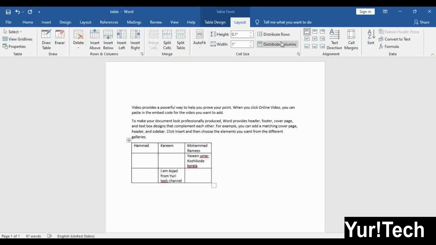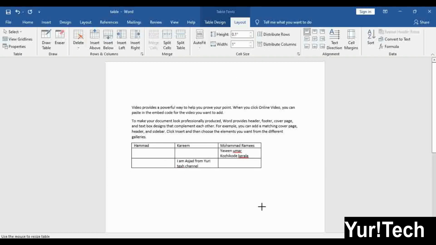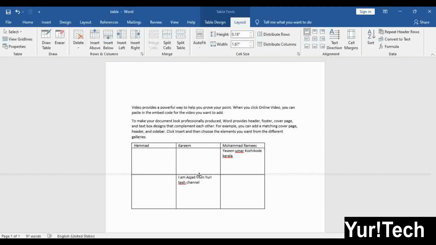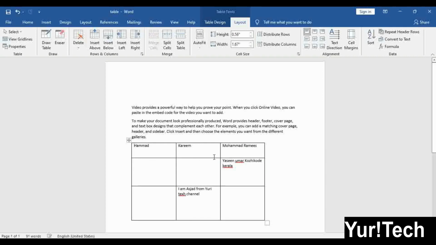Next comes distribute rows and distribute columns. I have something like this. Now you can see our rows are not equal, and the column sizes are also not equal. This column is a little smaller than this one. To make all rows and columns equal, we use both these options.